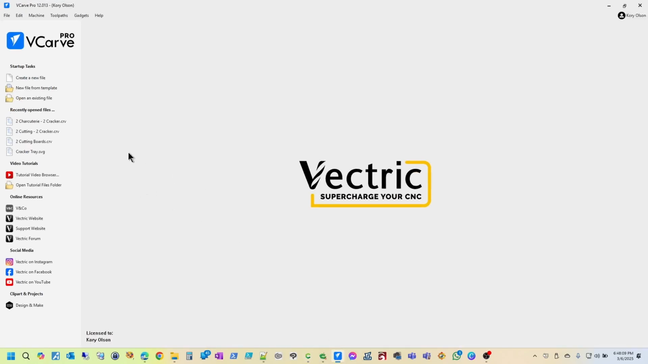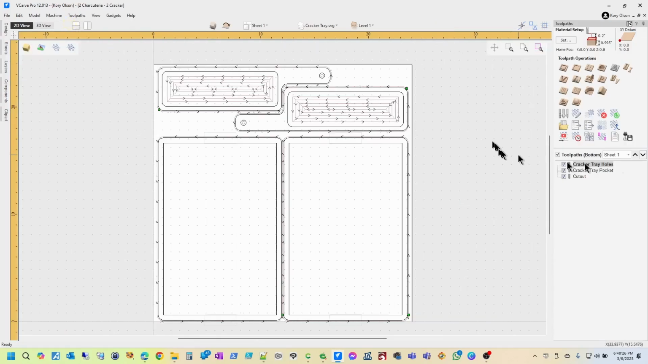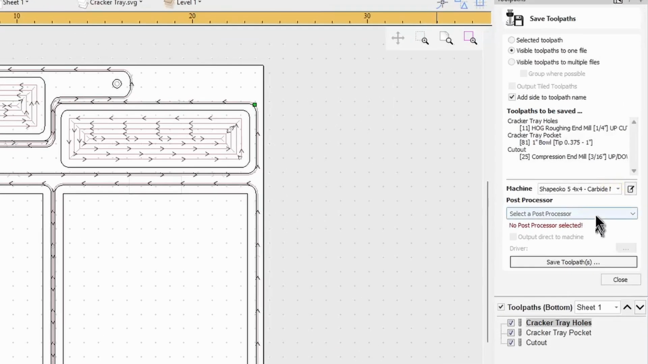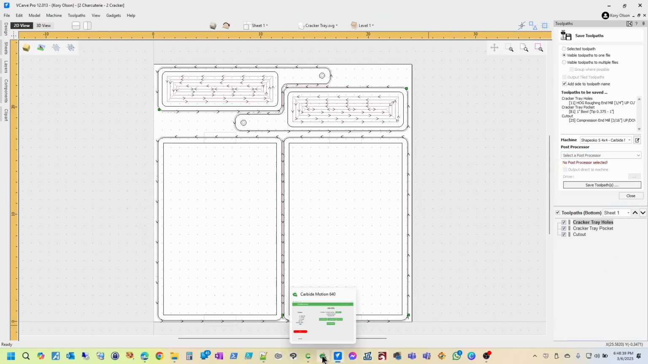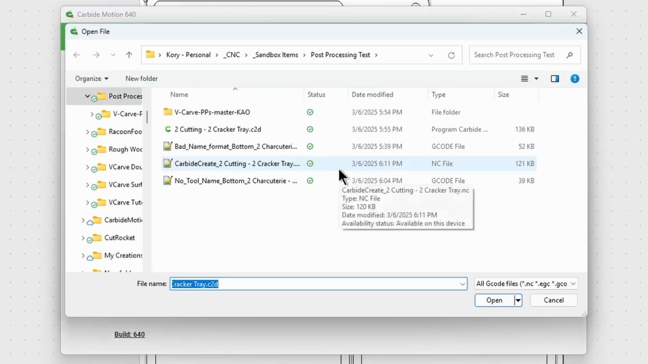In VCarve, the default post processor in order to use the Shapeoko is the Carbide Motion post processor. And I'm just going to pull up a file real quick. Let's jump over. Let's look at our post processor options. And you've got Carbide Motion, automatic tool change, inches or millimeters. Well, what those come up and show, and I've already saved a file to make it a little bit easier,